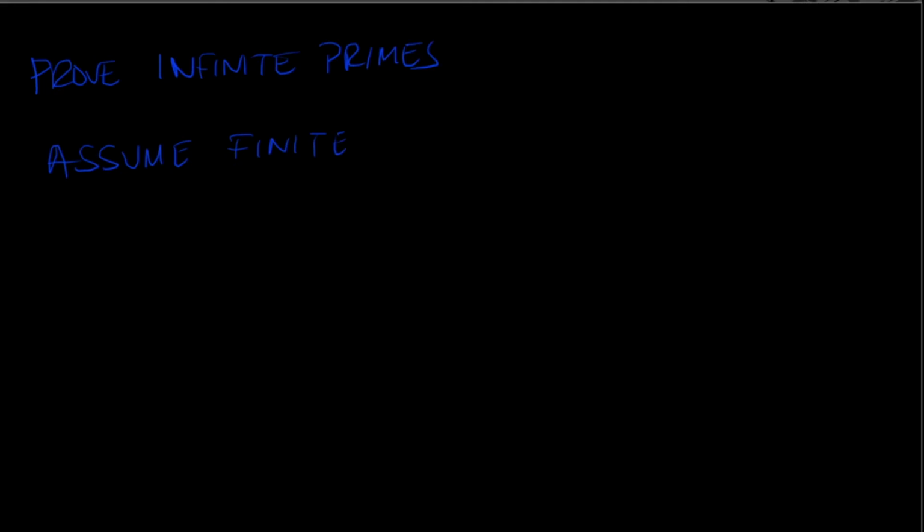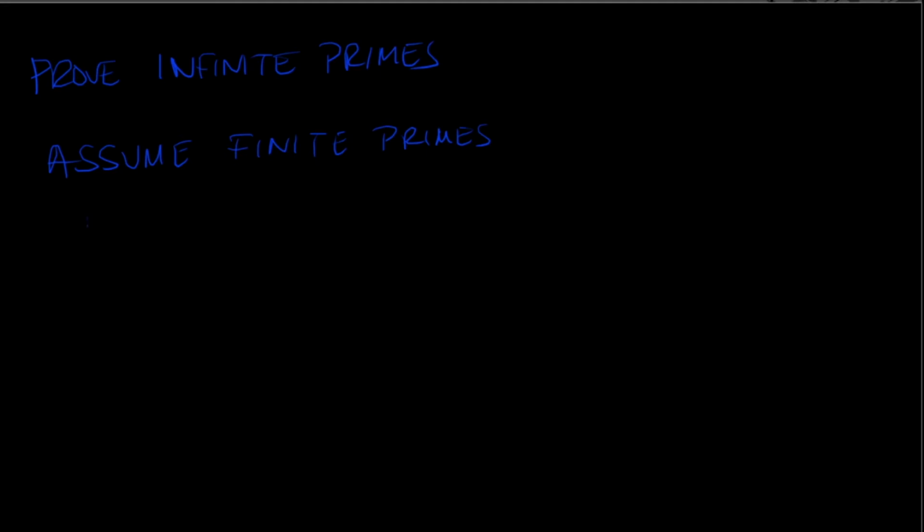I want to prove that there are infinitely many primes. So I'm going to assume the opposite. I'm going to assume there are finite primes, and I'm going to say there's going to be n of them. So this is going to be a proof by contradiction, where you assume the opposite of what you want to